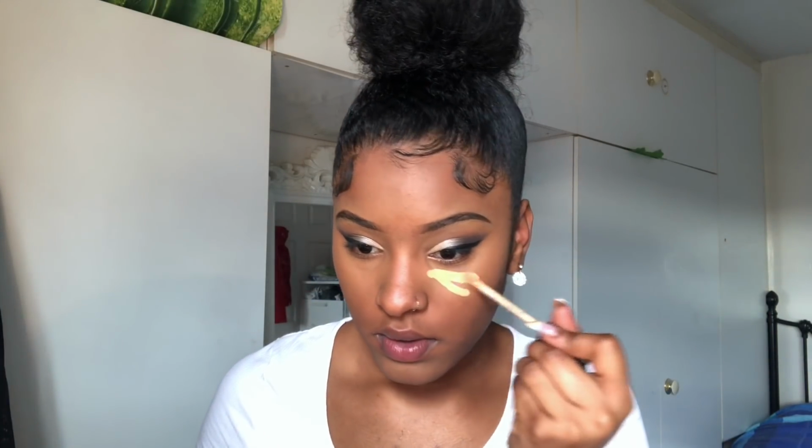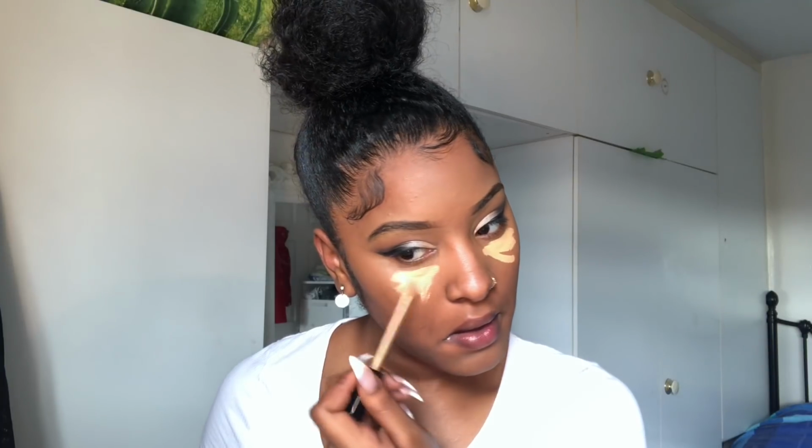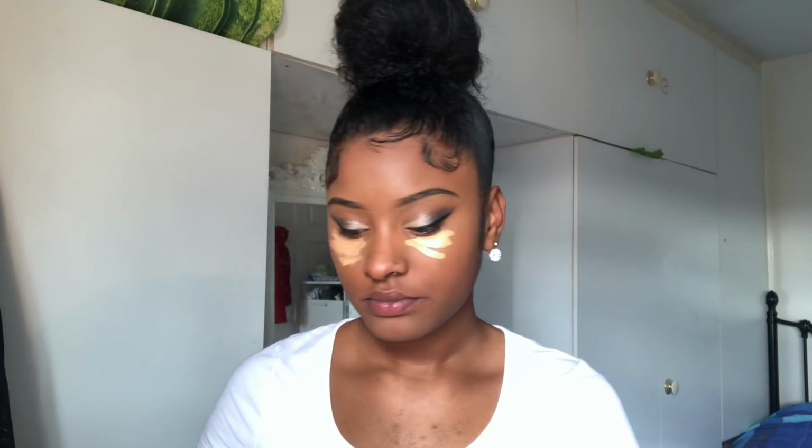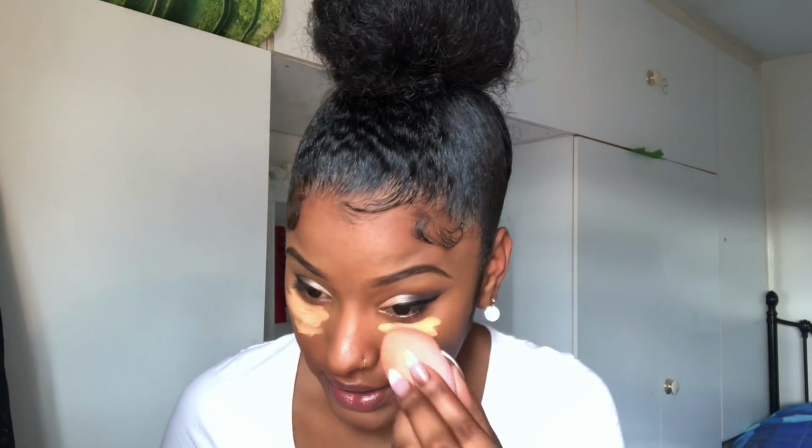I'm going to take this Maybelline Concealer in the shade 30 and place that underneath my eyes just to highlight. I know it looks a bit like whoa, but trust me, when I blend this out,